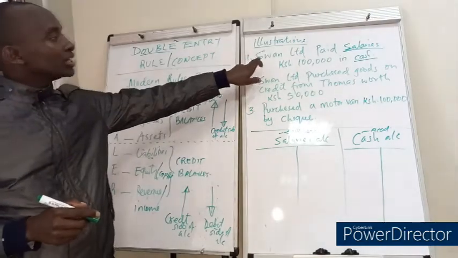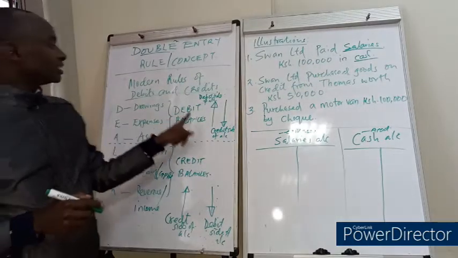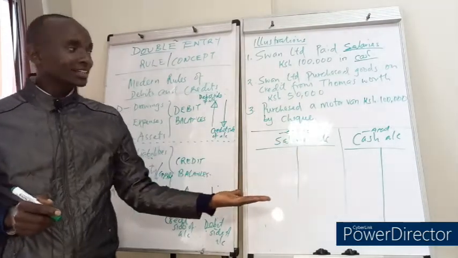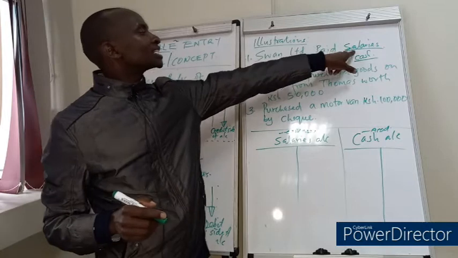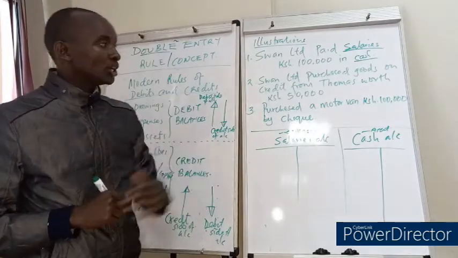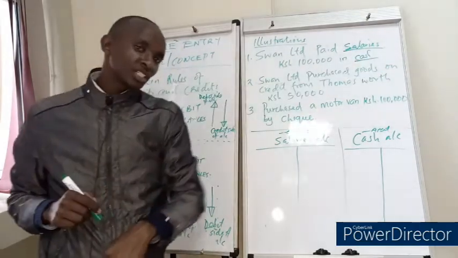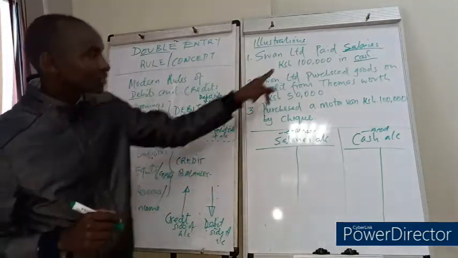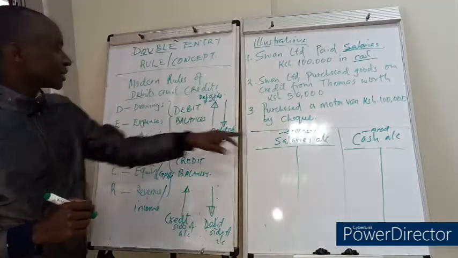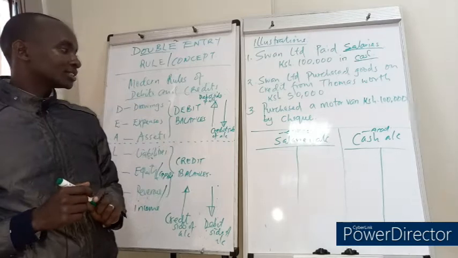But let's go to a question. Swan Limited paid salaries. So in this question, we'll be able to determine if there is an increase or a decrease in these debit balances, since they have debit balances, isn't it? So Swan Limited paid salaries in Kenya shillings 100,000 in cash. So what is happening to our cash? We are paying salaries. The Swan Limited is paying salaries in cash. So the cash is reducing, isn't it? So we are reducing what? Cash. Because you are paying salaries worth 100,000. So the cash, remember, cash has got a debit balance, and we are decreasing it by 100,000 because you are paying salaries. So decreasing